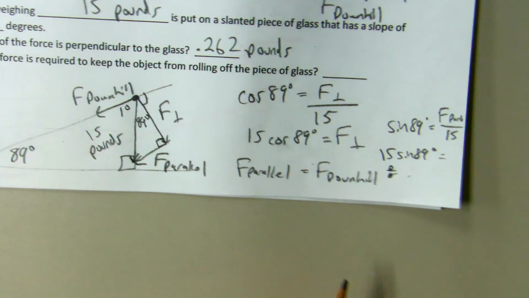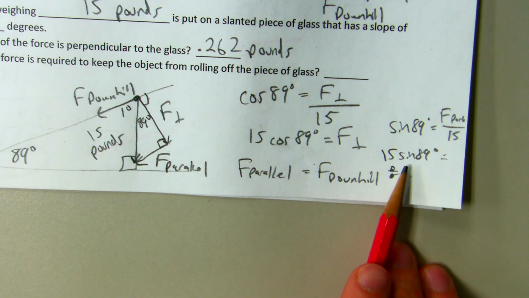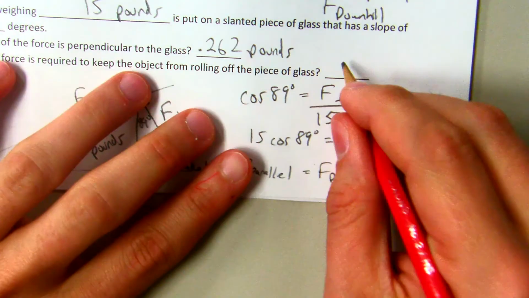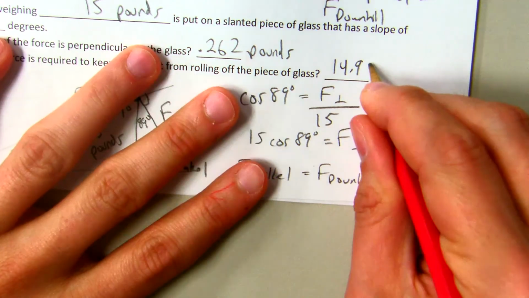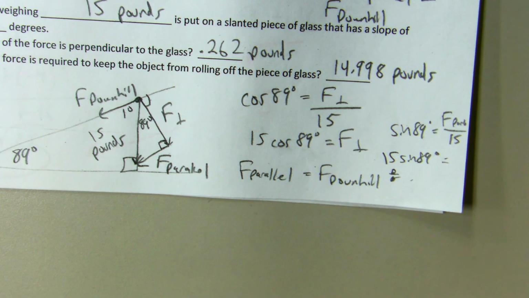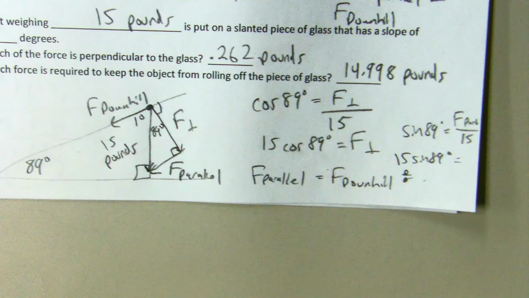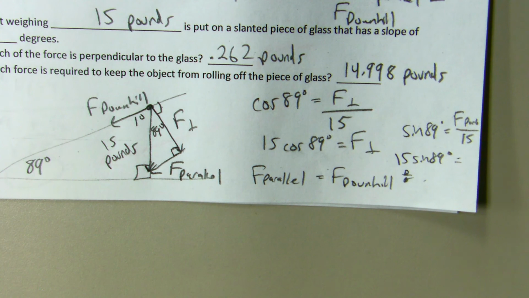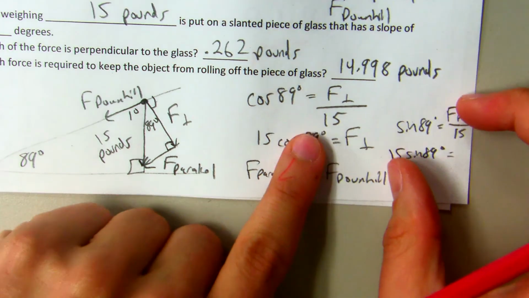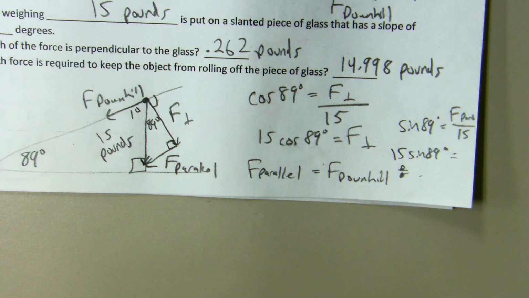Now this one should be close to 15, right? Because the sine of 90 is 1, and the sine of 89 is almost 1. So almost 1 times 15 is 15. He has to exert almost as much force as his entire weight because it goes so steep. Basically, he's got to support himself completely. Okay, if you practice doing the pictures, after you get some practice there, it just ends up being a simple trig equation, but you do need some